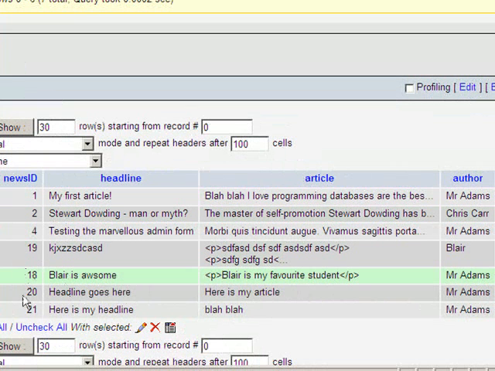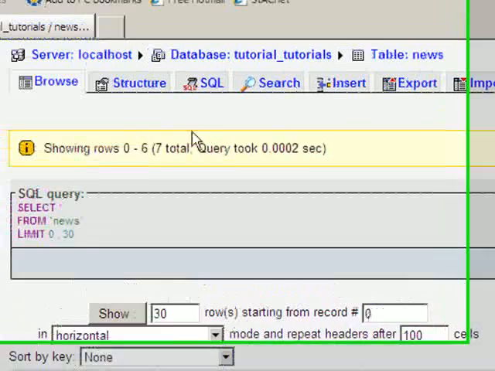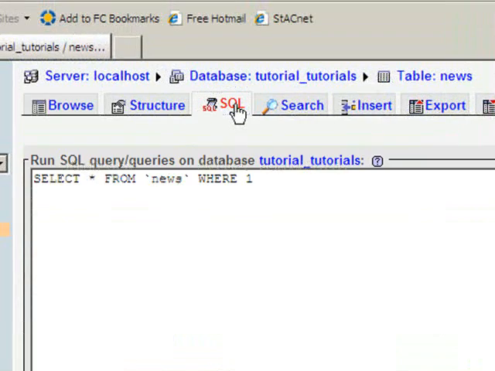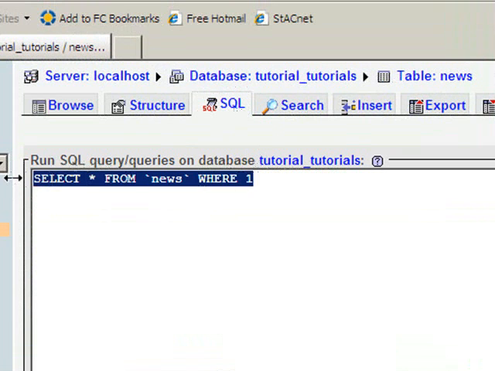So what I'm going to do is insert record number 22, so that'll fall after our last current record. So I'll go to the SQL section, and the command to insert is nice and simple. It is insert,